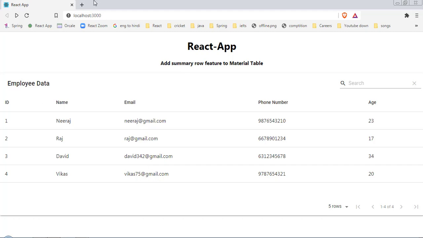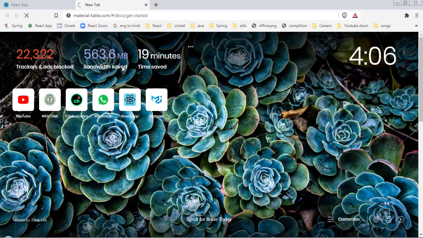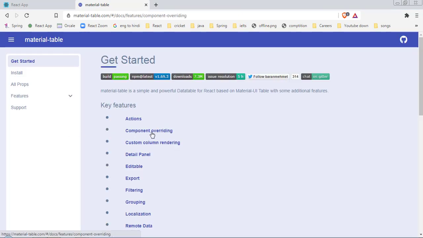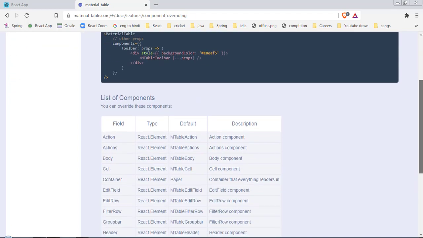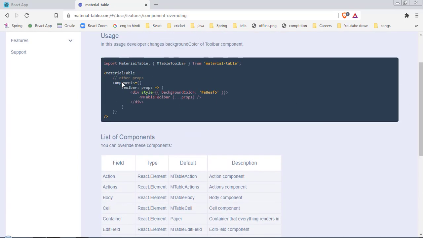Now let me take you to the material table documentation, where we will see how to override a component. Here you can see component overriding, and they have documentation. You can see we can override this pagination component with MTablePagination. So what I am going to do is override it, and for that we have to pass a property called components, and here we write pagination because we want to override the pagination component.